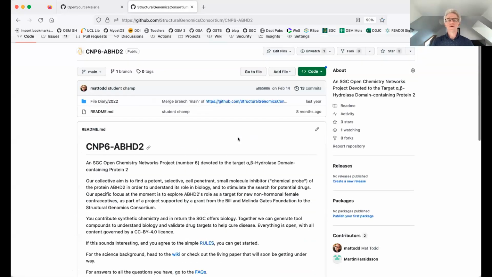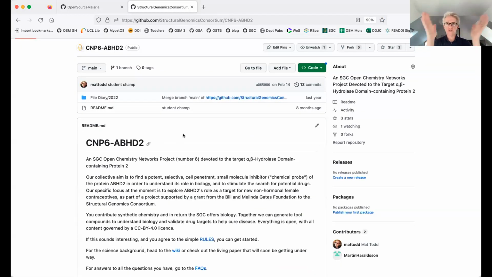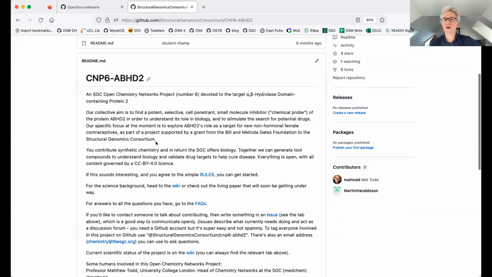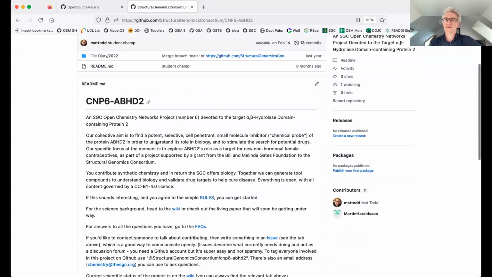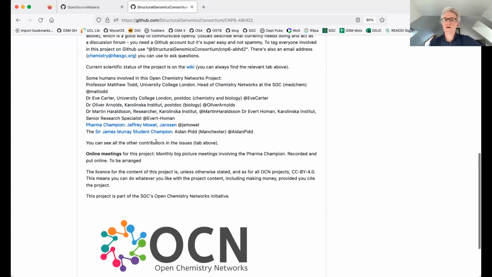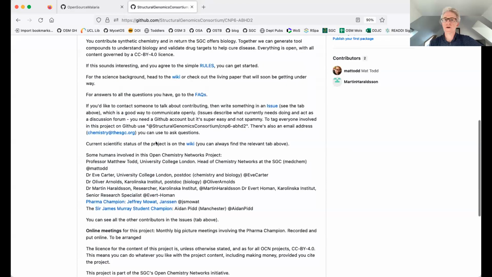And so what this is now, this is a repository for a project, and this is to do with a particular target. So this is Chemistry Network Project 6. We're numbering them sequentially just to keep them in order. And the target is this thing called ABHD2, which is a protein target, and we've been trying to find a binder, an inhibitor of that. And so within this project, this is all the stuff here, and we'll talk about what this is. But within this thing,